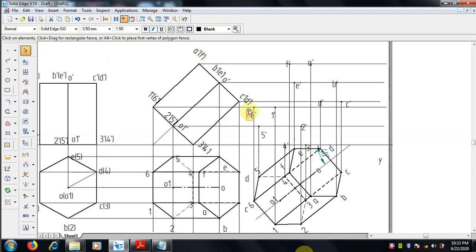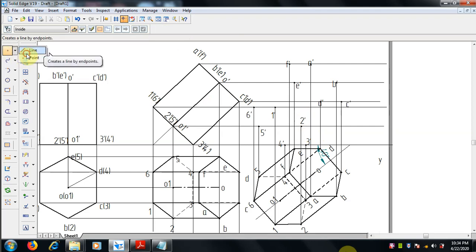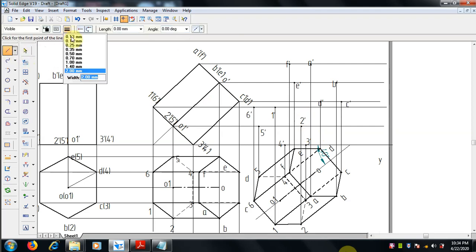Now we can draw the bases and then we can join with the sides. So once the base is done, go for line command, 0.13 mm thickness, then we can join separate bases for understanding purpose.